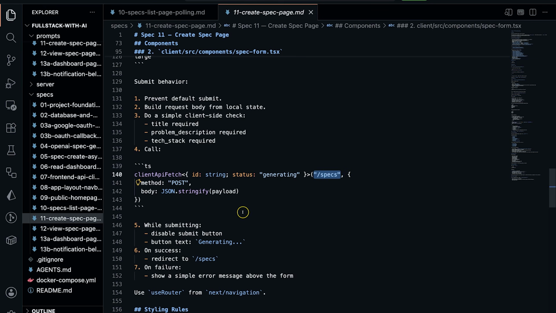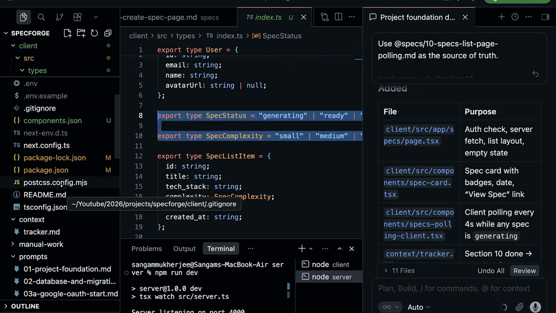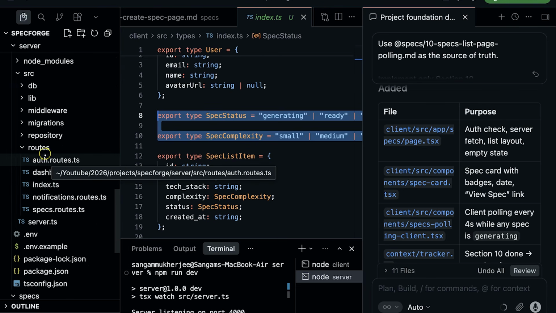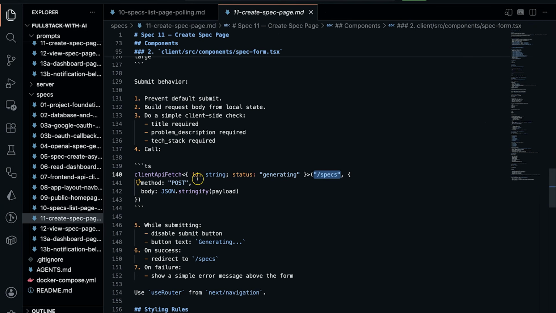Also, if you don't want to do this, what you can do is just give the backend context. Backend context means if you go to your backend route where you have created that particular route, the one that you're going to call here, you can also mention it, and it will be able to understand what are the things I have to call. So what I'm trying to explain is, even if you don't pass it, you just give the backend context,